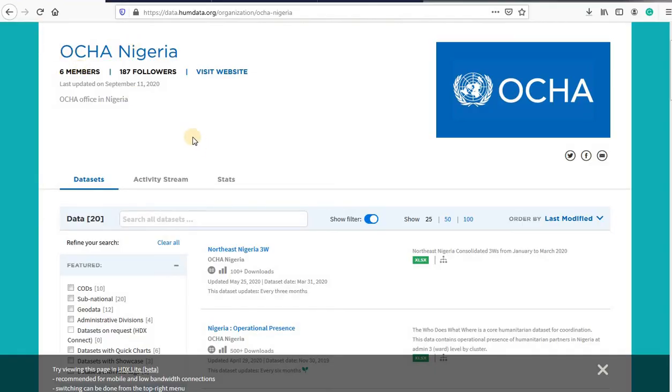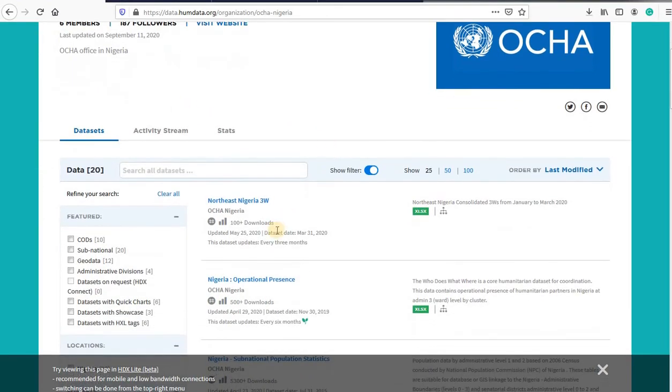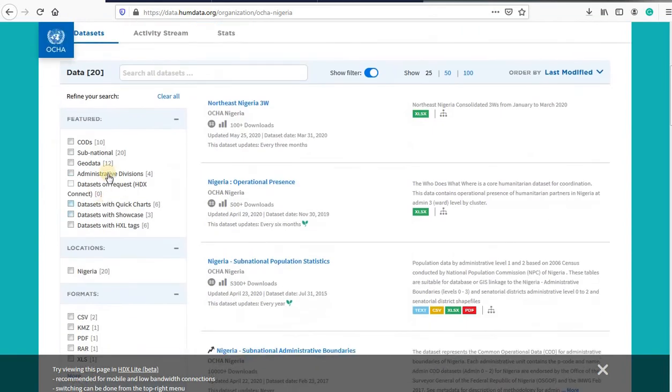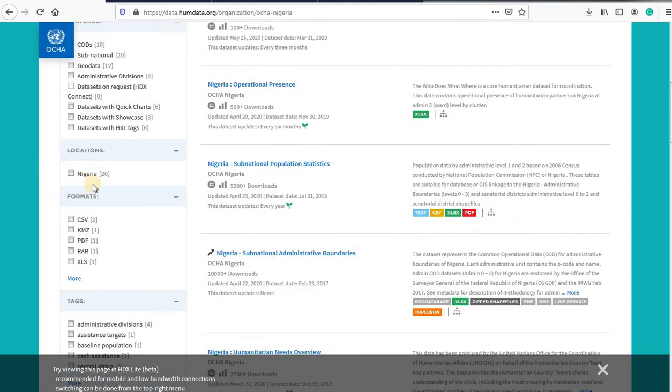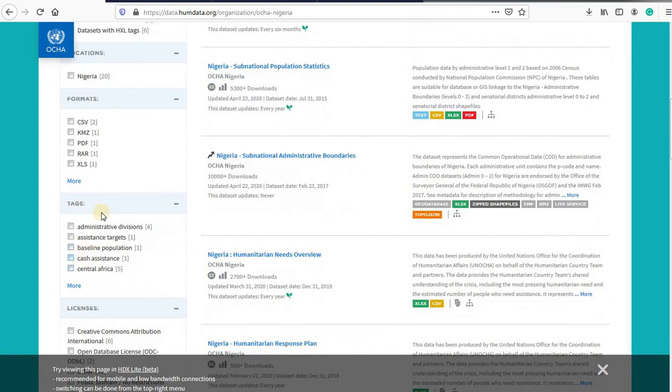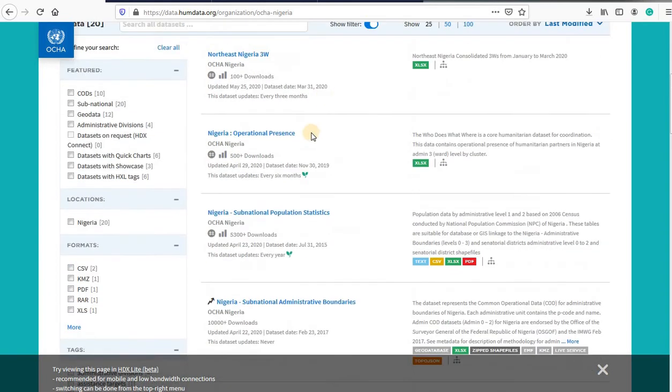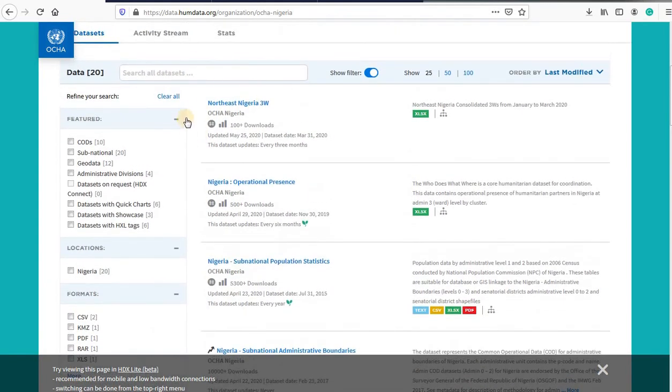So here is the Nigerian Data Exchange. Like I said earlier, one could refine your search option. You could check some of the options you're interested in, check the location you're interested in, check the data formats, as well as specify tags, and then search,